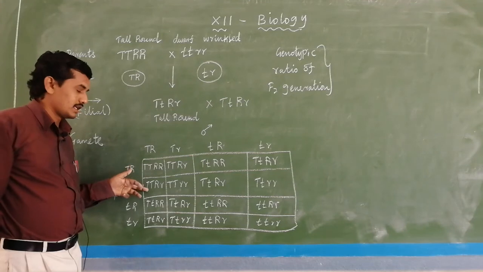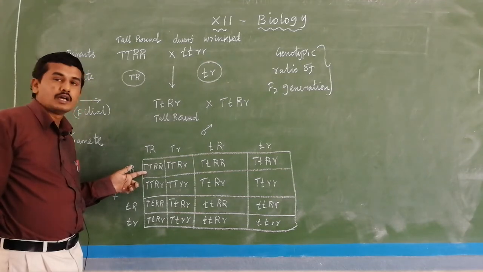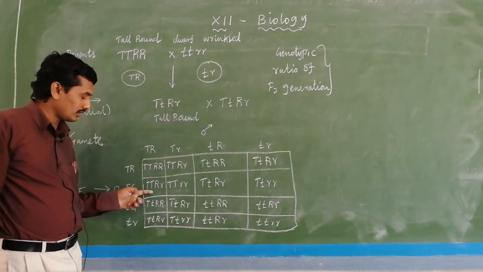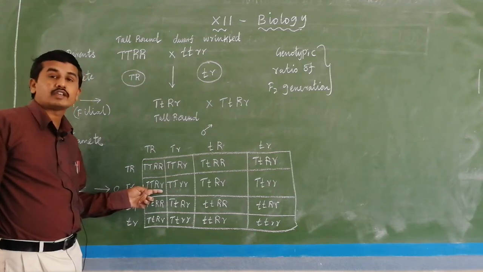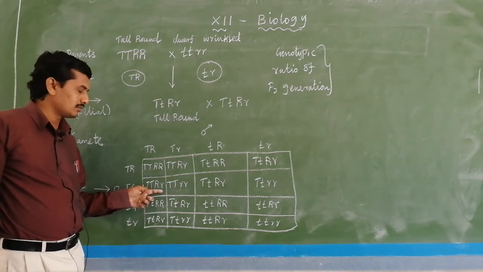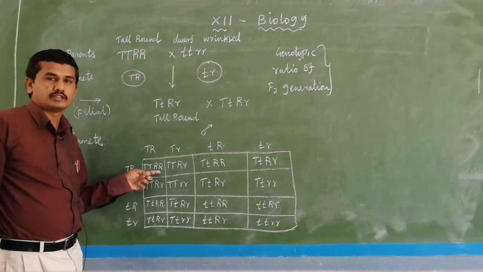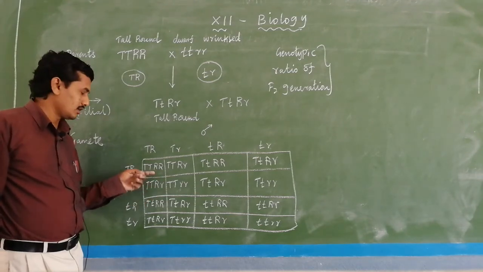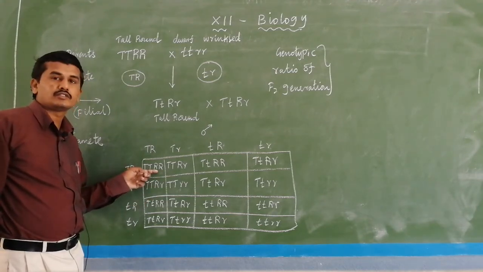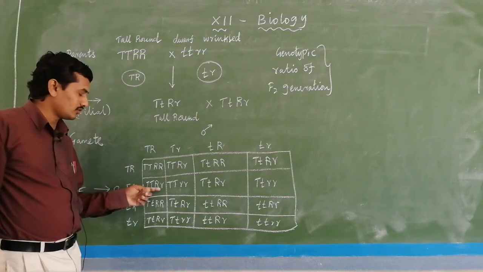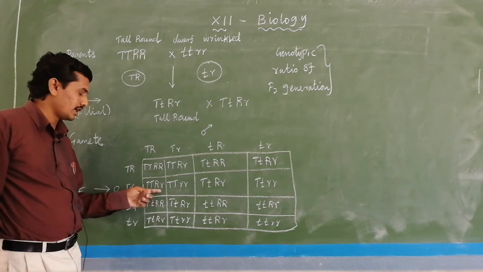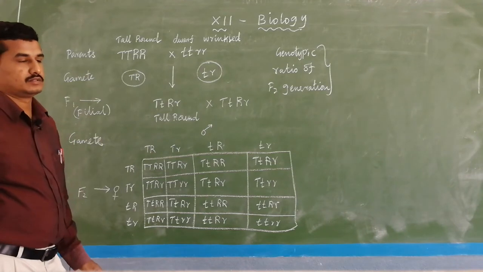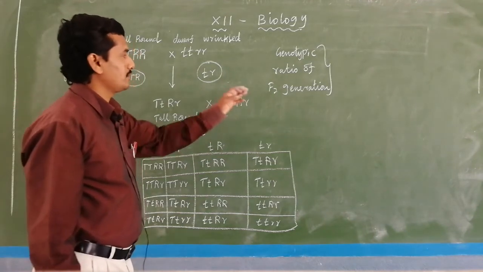different from the other plant. Here the first one is homozygous tall and homozygous round, and the second one is homozygous tall and here heterozygous round. Homozygous is nothing but both the letters are similar, and if the letters are different it is heterozygous. Here double homozygous; here one homozygous, one heterozygous, which is actually called heterozygous. Okay. This way one by one we count. Listen, that is the genotypic ratio of F2 generation.